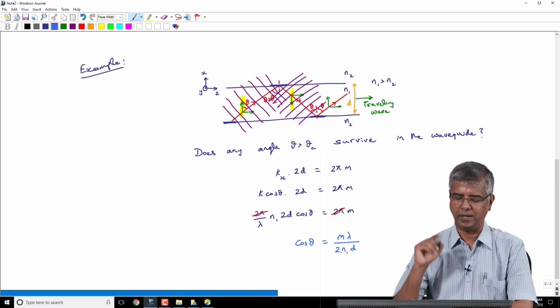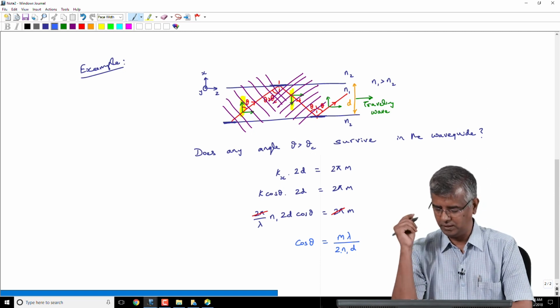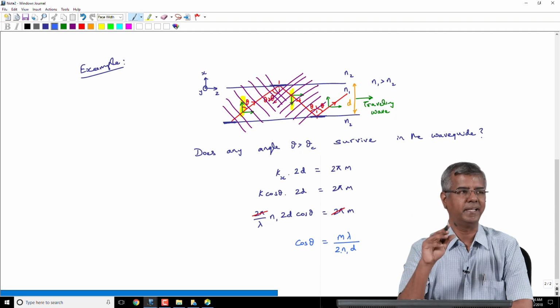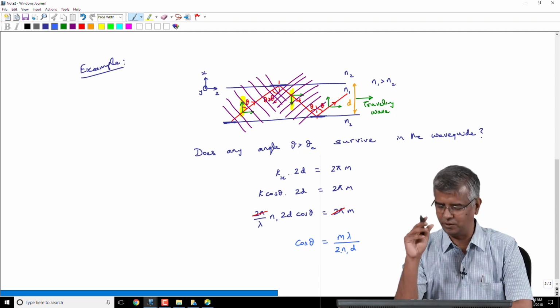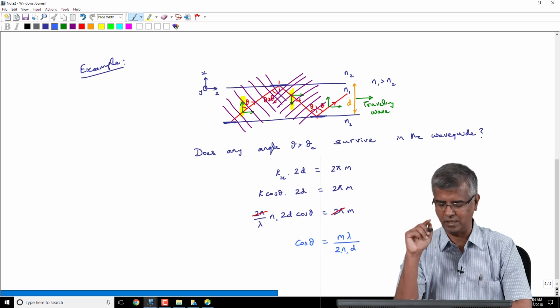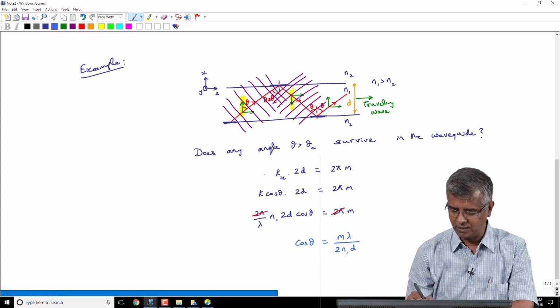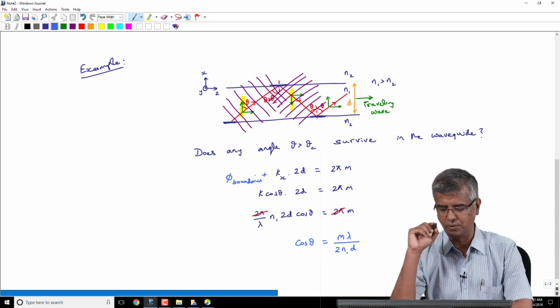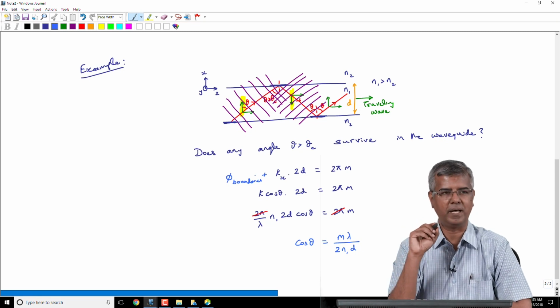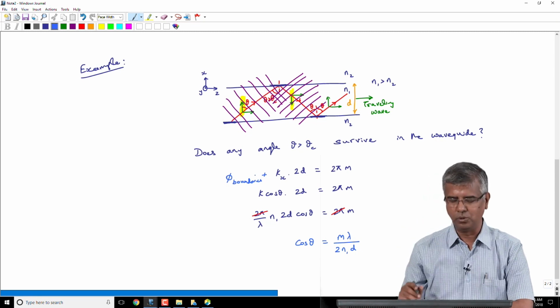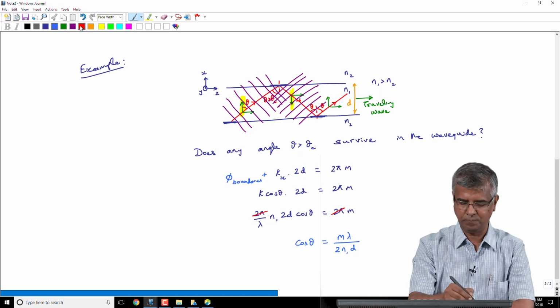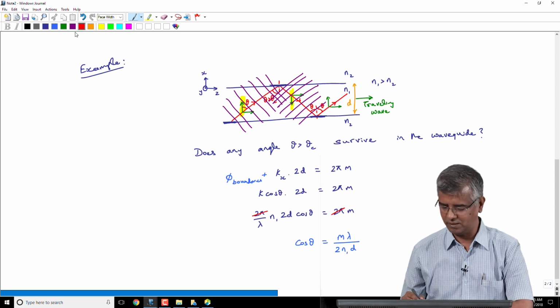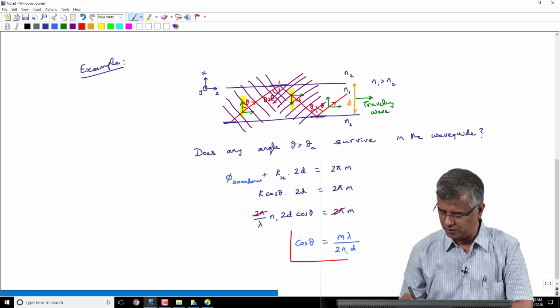So, there is a phase change at the boundary, that's a good point, somebody is just pointing out, but we are neglecting that for effect. But yes, there is actually a component that says there is a phase change at the boundaries also that comes into the picture, right. So, we will have to take that into account also, but I am neglecting that just to drive home a particular point. So, I am not being completely rigorous about this, okay, but the key point is